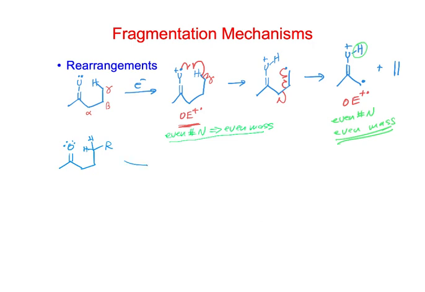So when we ionize this, it does just like we did up above. One of the non-bonding pairs of electrons on the carbonyl would get ionized. Okay, one of the hydrogens from this gamma position can be transferred to the oxygen. Sometimes you draw these two steps all in one. You can, but